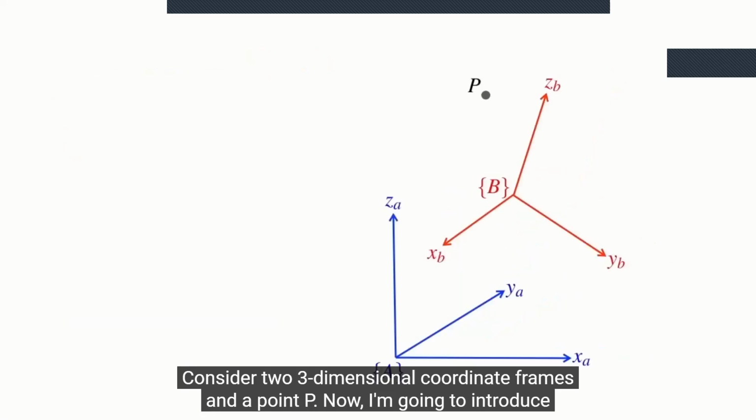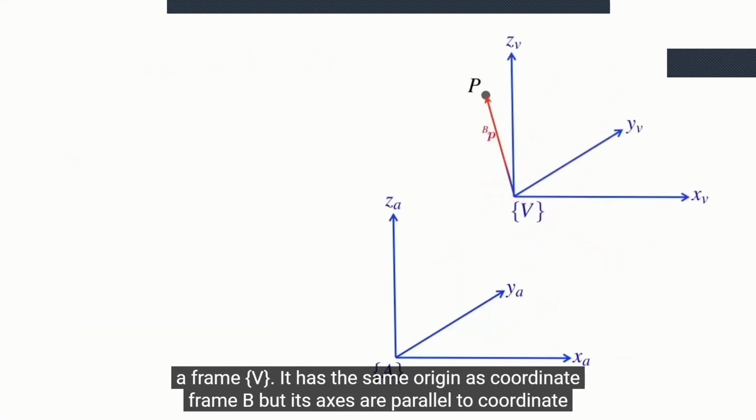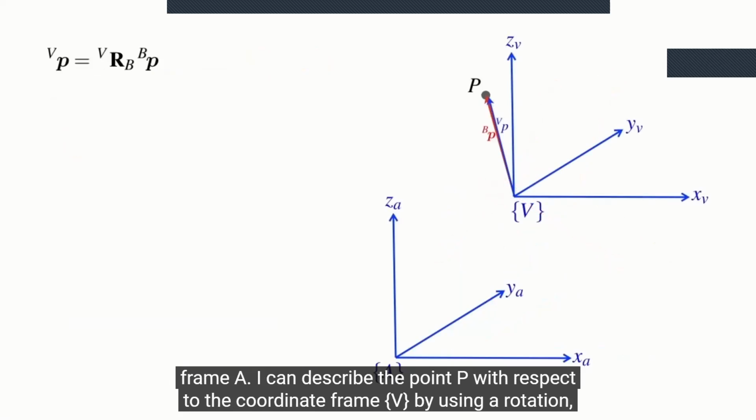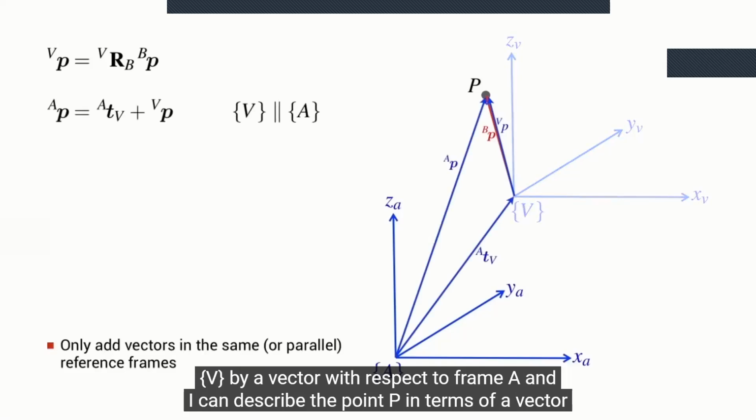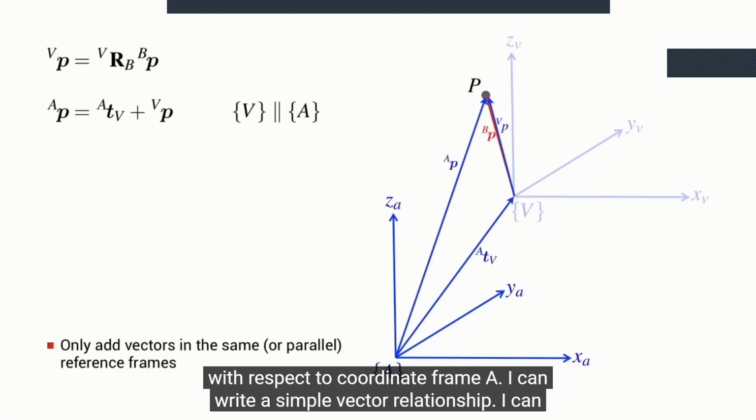Consider 2 3-dimensional coordinate frames and a point P. Now I'm going to introduce a frame V. It has the same origin as coordinate frame B, but its axes are parallel to coordinate frame A. I can describe the point P with respect to the coordinate frame V by using a rotation from coordinate frame V to coordinate frame B. I can describe the origin of frame V by a vector with respect to frame A, and I can describe the point P in terms of a vector with respect to coordinate frame A,